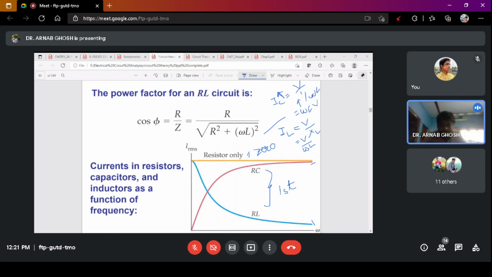Just let us take the attendance for this class. We will now stop here, and we will start at 1:10 from the first order circuits. So this is the basis of the first order circuits. Why am I saying first order circuit, why am I saying second order circuit? If it's a purely resistive circuit, this is a zero order circuit. If it's an RL or RC circuit, we call that a first order circuit.